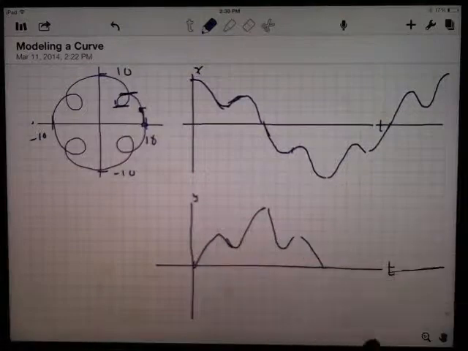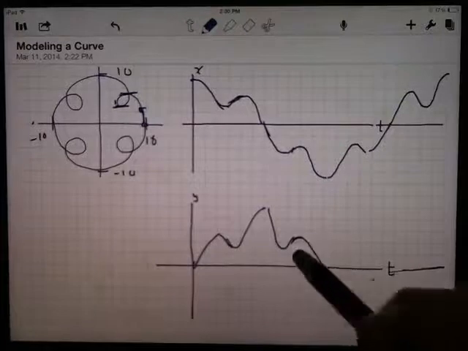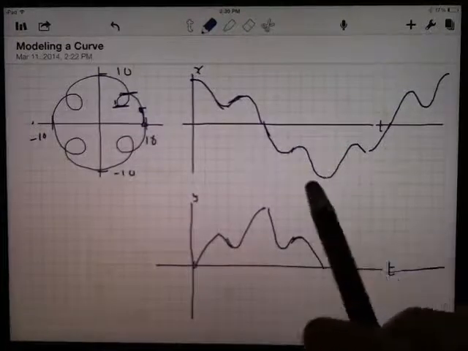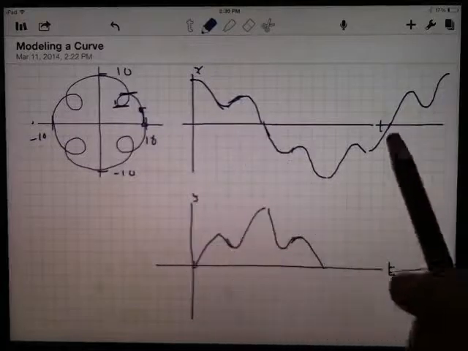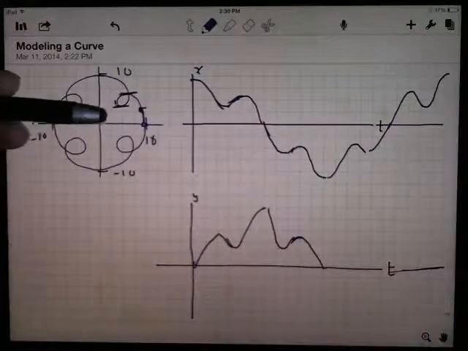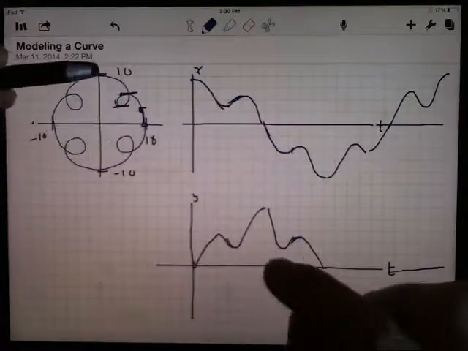These graphs aren't particularly nice, but that's okay. I'm just trying to get a rough idea of what's happening so I can see what the x is doing, what the y is doing. If I had to walk this with my feet, this is what my feet would have to do. This is what the up and down, what my hand has to do. Right? So what have I done? I've done up, down, up,